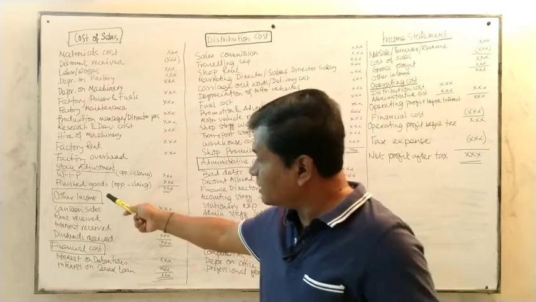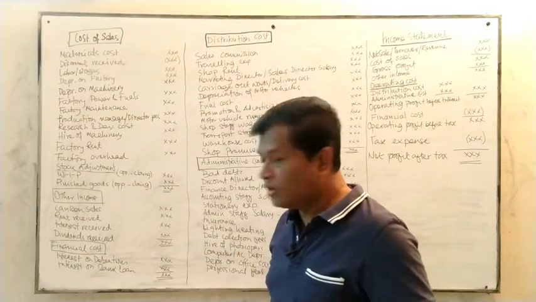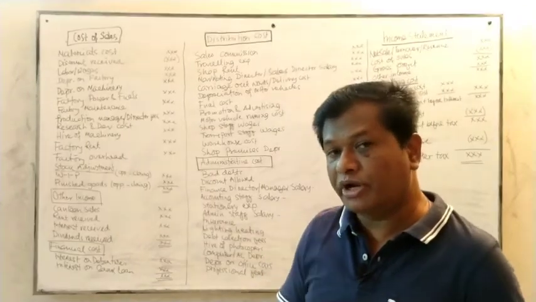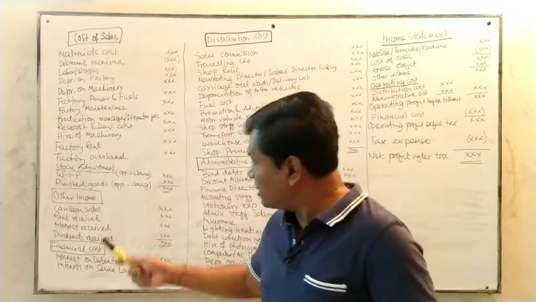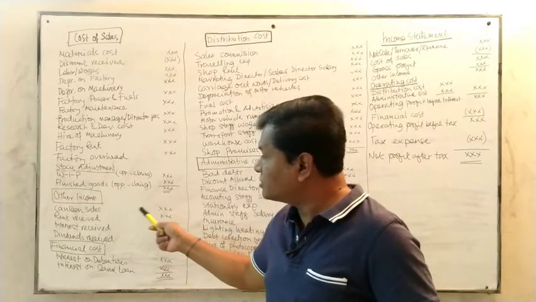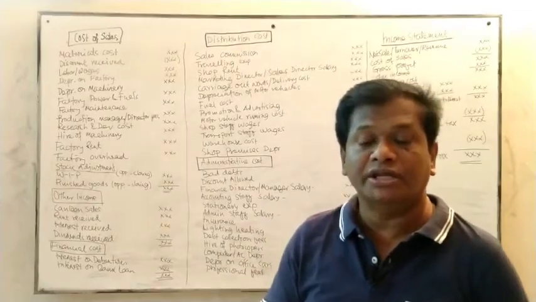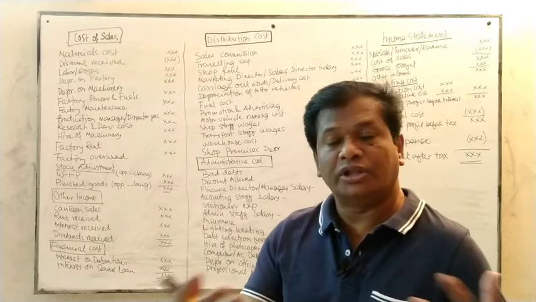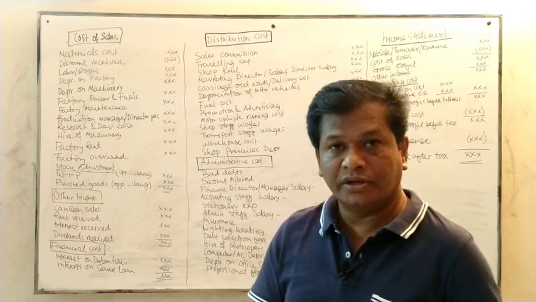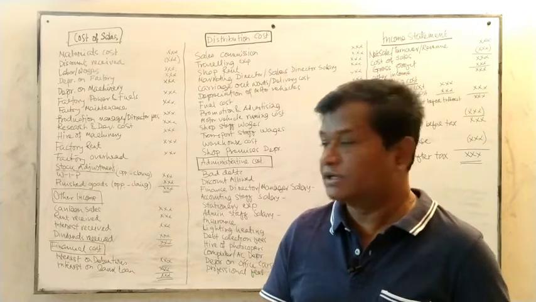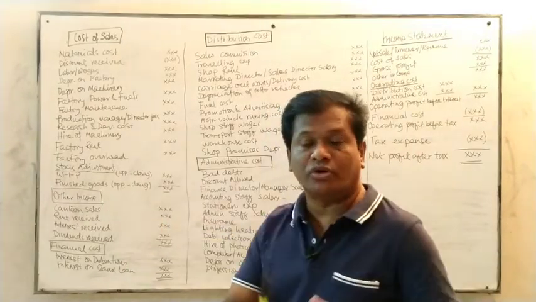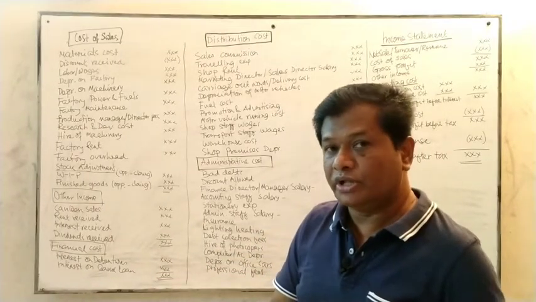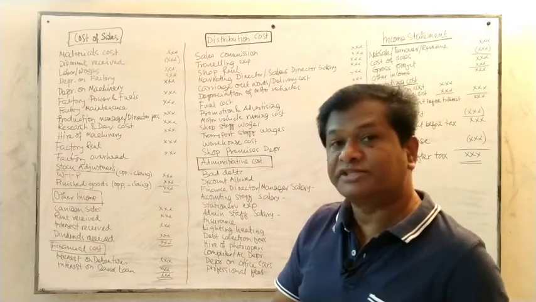Another element, the other income, you see on the board. What are the other incomes for the factory or the company? If the company is big enough, then some elements are over here. Canteen sales. The canteen is normally installed by the organization so that workers can get their tiffin at a lower cost. So this is the canteen sales. This is one of the incomes for the organization. Tiffin is for the workers in the tiffin period. They go over there and get it at a subsidized rate.